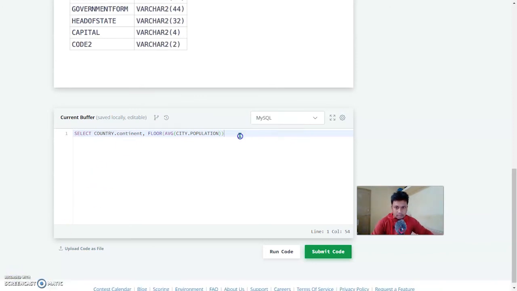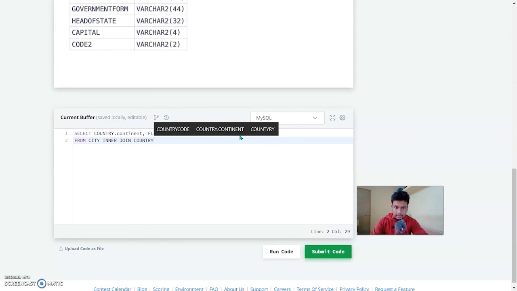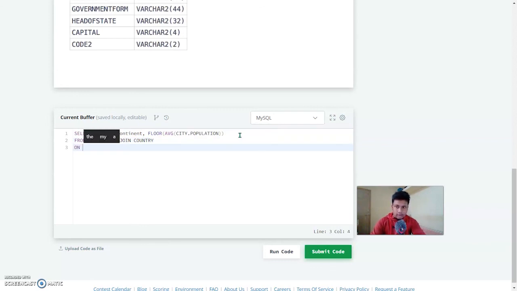Then you have to select it from the city and perform an inner join on the table, so that will be country, and then your join will be on city dot country code, which is equals to country dot code.